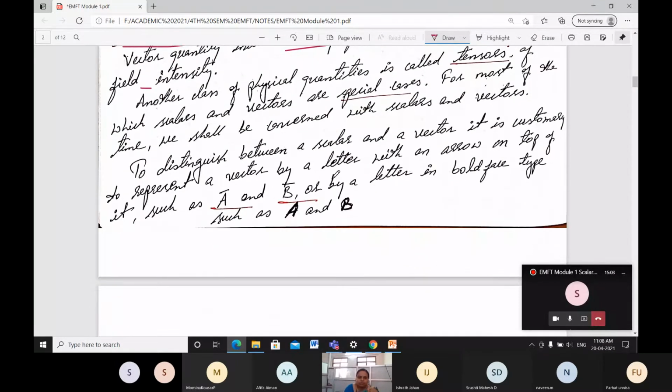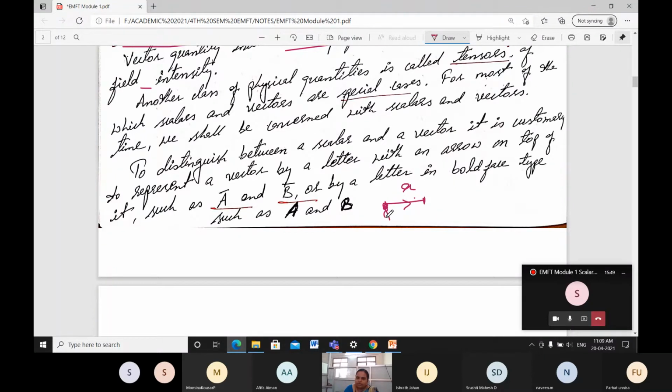How do we differentiate between scalars and vectors? When I take an arrow with two points, these two points form a single line. We call a line with a direction a vector quantity. It has a magnitude, and it shows in which direction it is going.